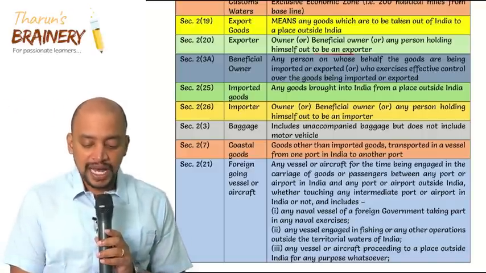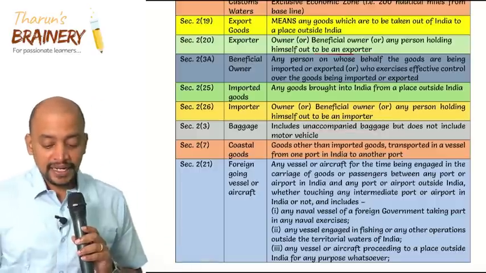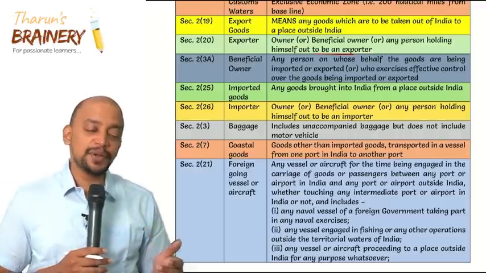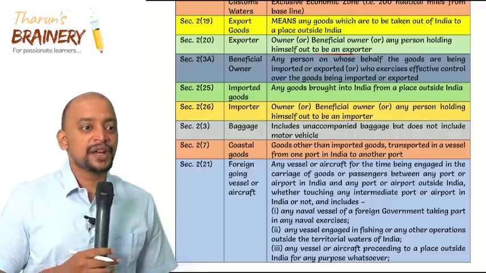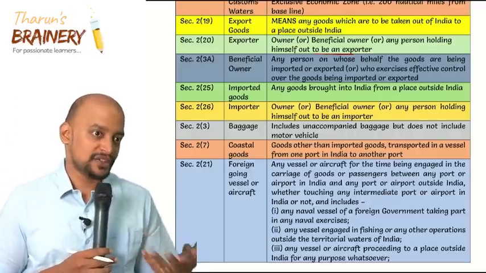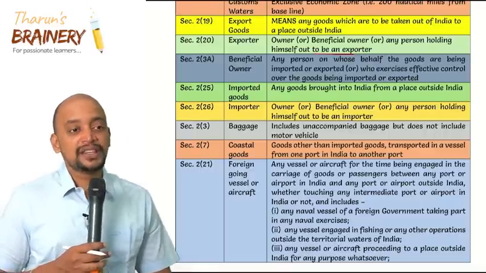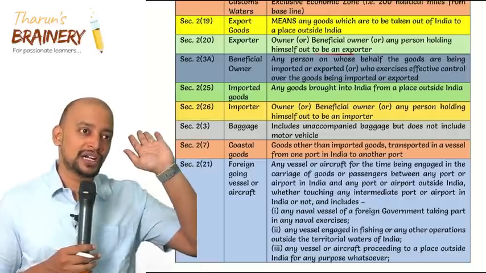Here includes unaccompanied baggage but does not include motor vehicle. So motor vehicle can never be brought as baggage actually, it can be brought only as cargo. No one will bring a motor vehicle as baggage, but these provisions were given long ago, like in the 1960s